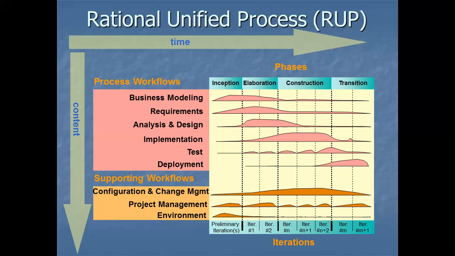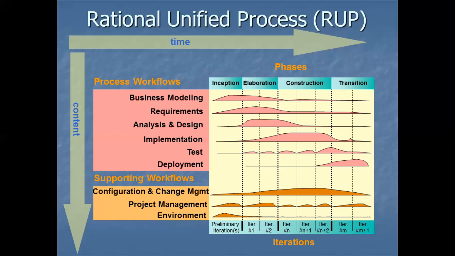These are the phases of software design: business modeling, requirements, analysis and design, implementation, test, and deployment. These are the phases whenever we continue with the software development process. Then in the inception, elaboration, construction, and transition phases, you can see the graph. It goes up when we are at the first stage, it goes down when we are in the second stage, and it goes up when we are in the implementation phase. In the construction phase, the graph is going in the upward direction. This is the Rational Unified Process.